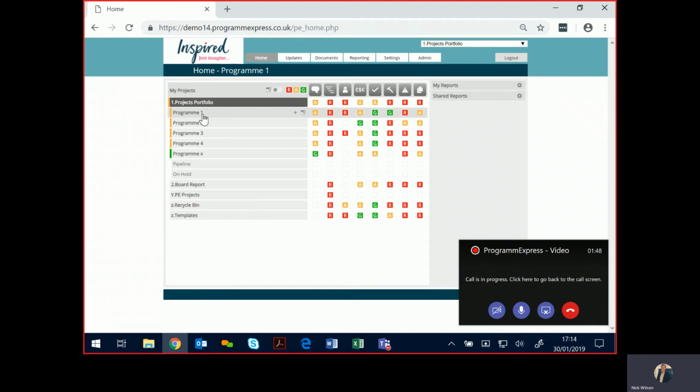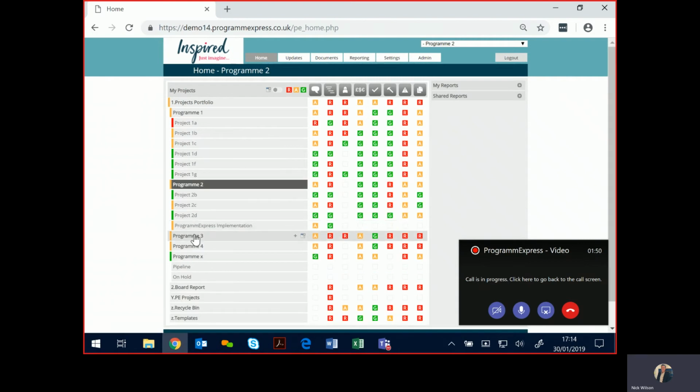So if I open up the portfolio on the left-hand side and open up the programs, it will show the projects beneath the programs beneath the portfolio, purely a demonstration structure. And this is totally flexible and configurable as to however you desire. We try to make it simple from the home screen to be able to see and run reports, and from this screen we can see the health of each of the projects broken down by their modules